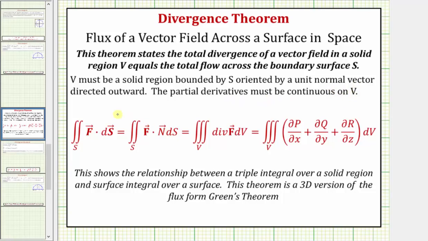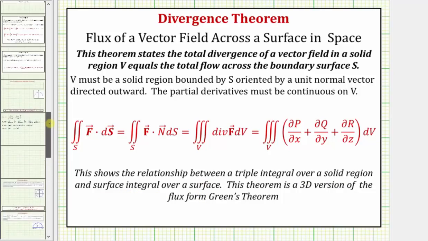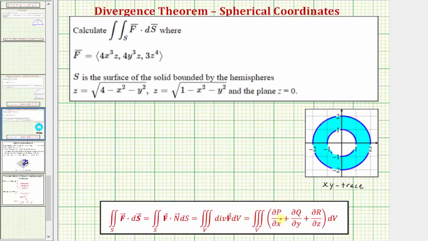So we can evaluate the flux integral shown here on the left by writing it as a triple integral over the solid region V of the divergence of the vector field F dV, which can also be expressed in this form here. So this shows a relationship between a triple integral over a solid region and a surface integral over a surface. So going back to our example, using the formula here on the far right, let's first find